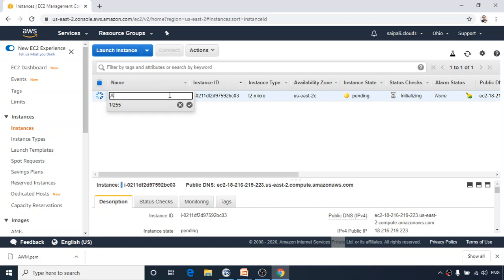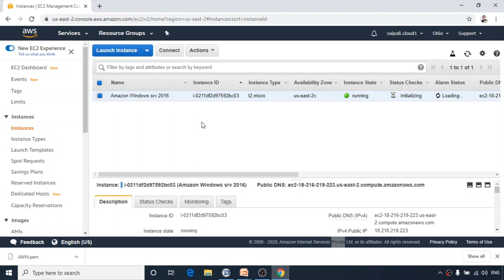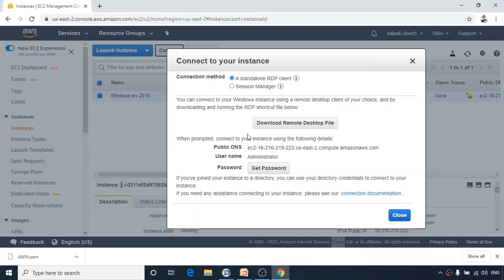I give it the name Amazon Windows Server 2016. Just leave it like this. So this machine is almost getting ready. It is initializing. Once it becomes 2 by 2, we will be able to connect to it.